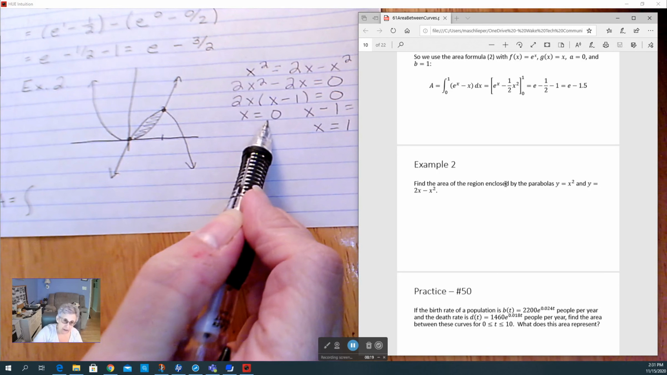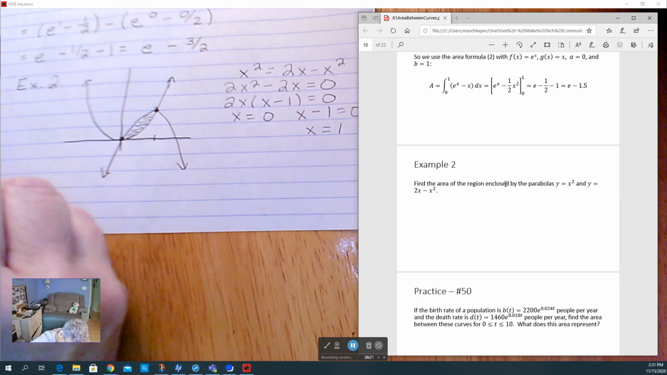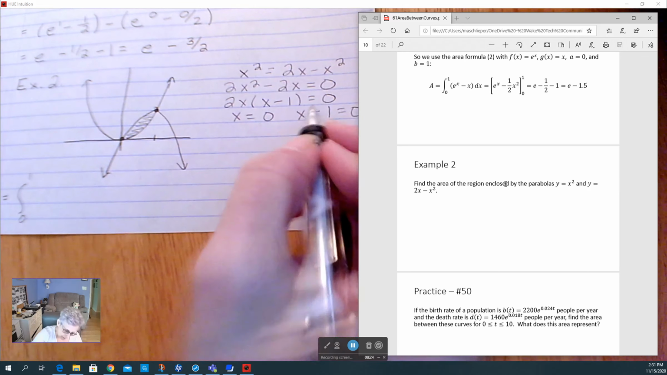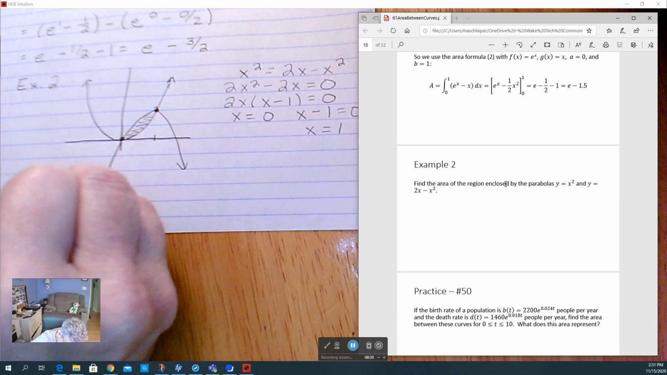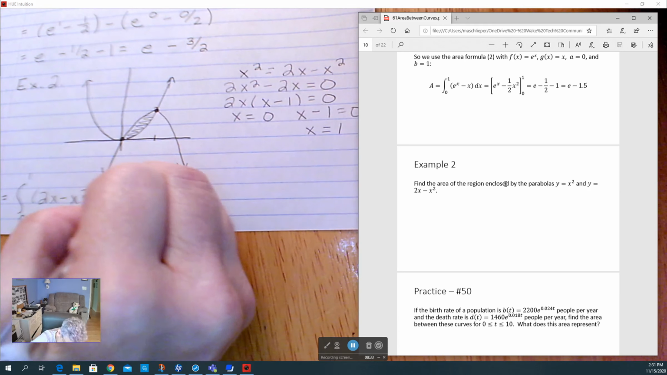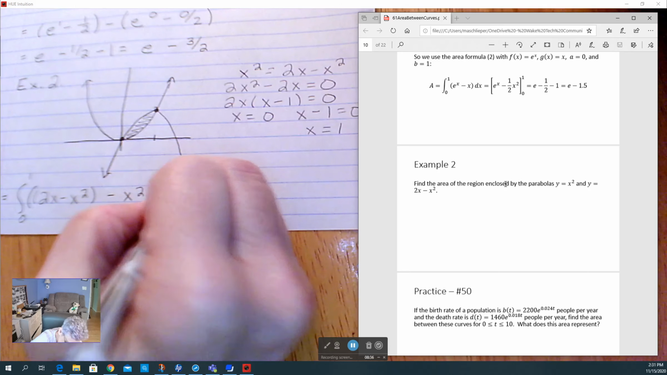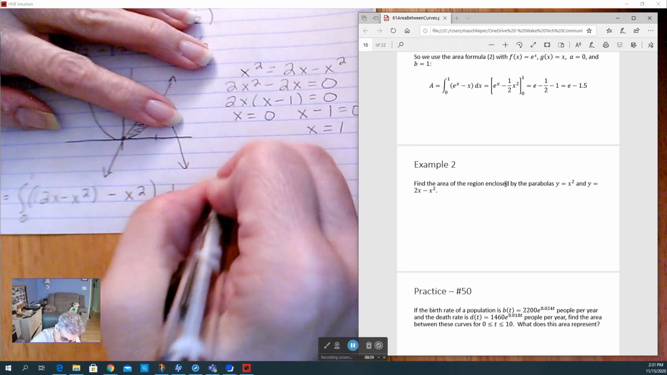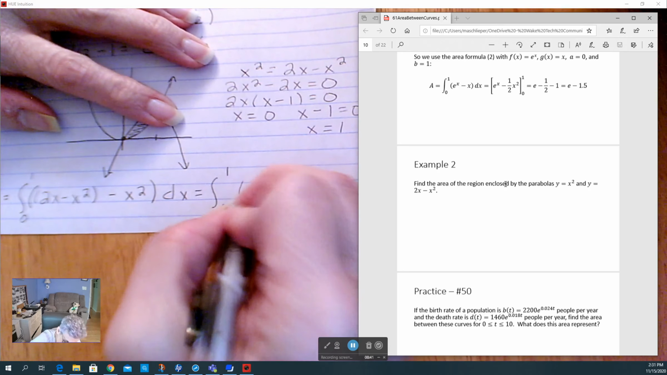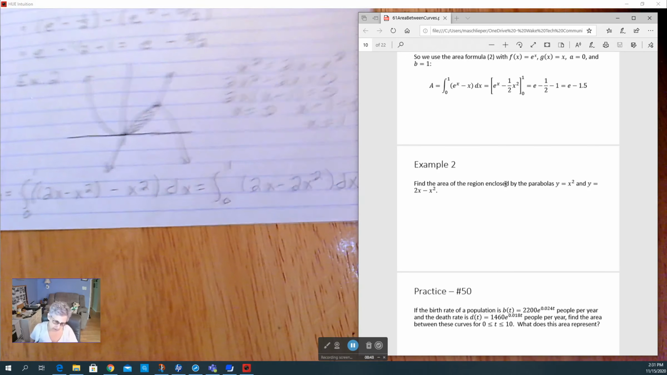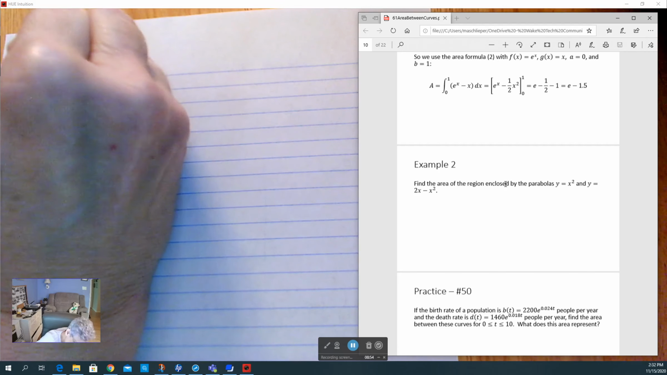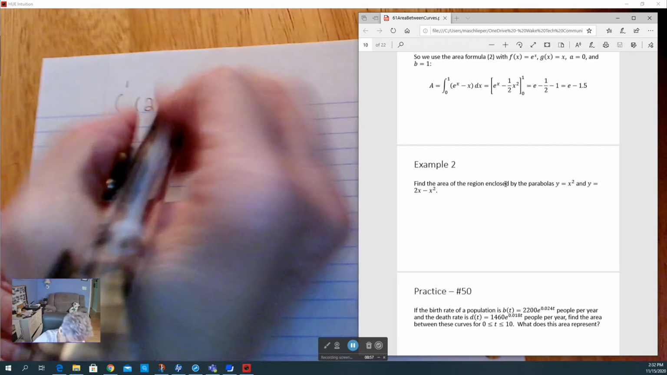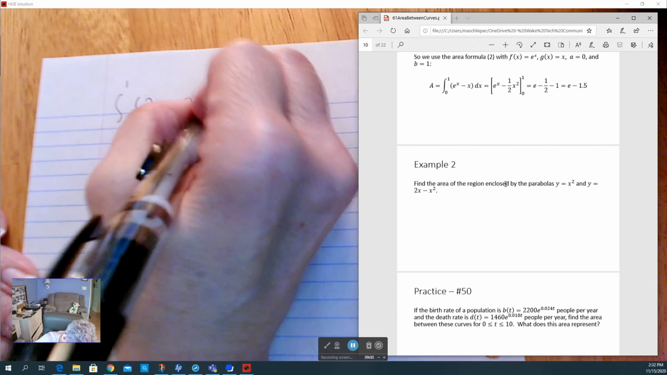I know my limits of integration are 0 and 1. My upside down one is on top, so 2x minus x squared minus x squared, which is the integral from 0 to 1 of 2x minus 2x squared. Then leave myself enough room. So integral from 0 to 1 of 2x minus 2x squared